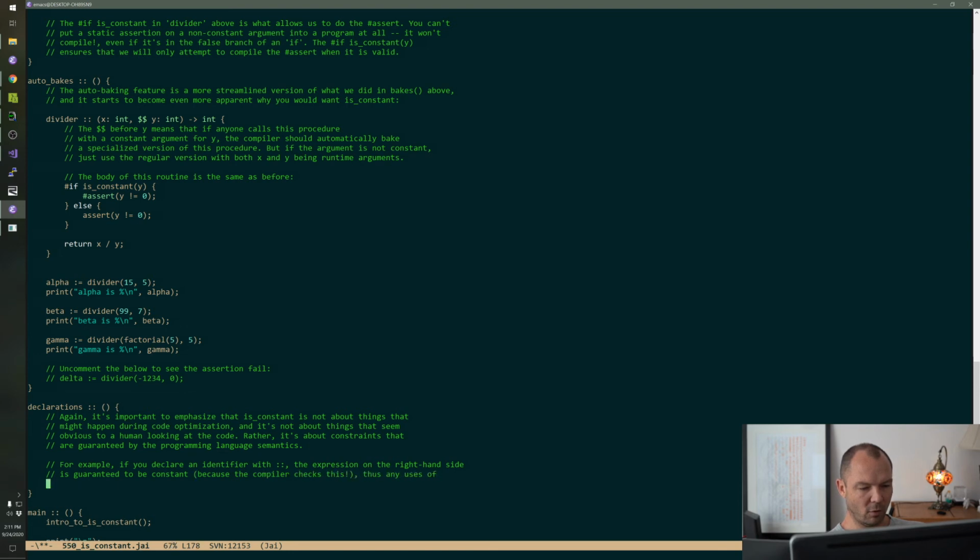Thus, any uses of that declaration are also constant. If you declare an identifier with another form, that identifier will not be constant even if it looks obvious to you what the value is at runtime.